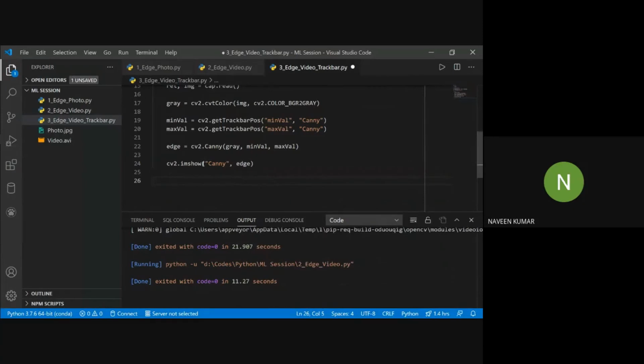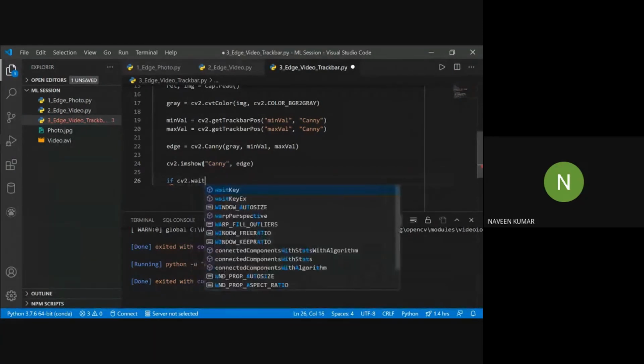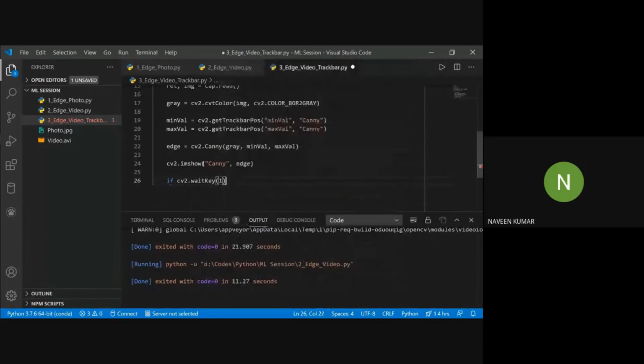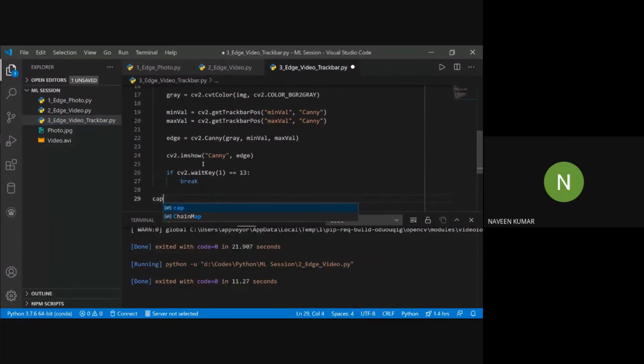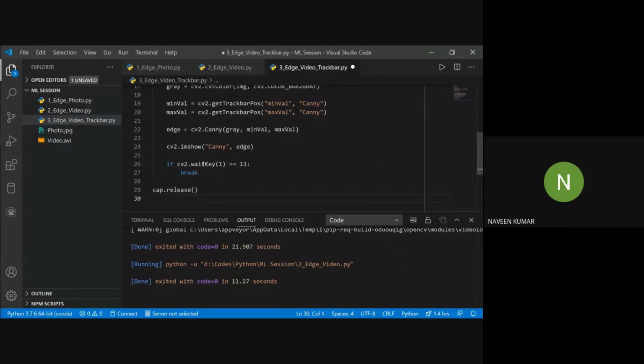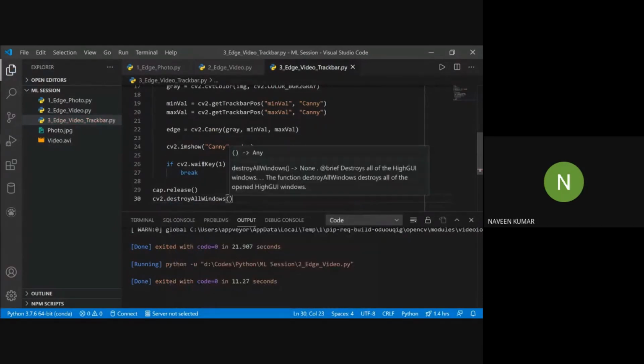And again the if condition to break. cap.release and cv2.destroyAllWindows.